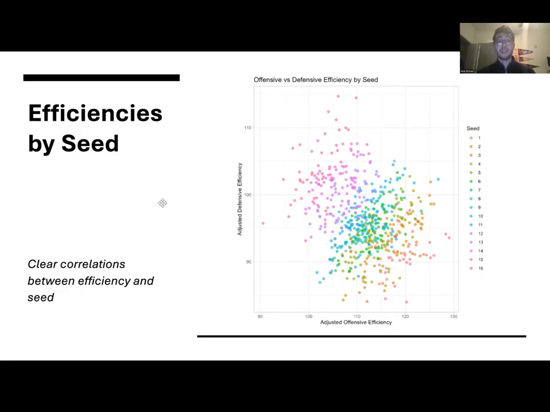So I would say that this definitely proves the need for the analysis in this area, as it looks like teams with the higher offensive efficiencies and lower defensive efficiencies do get the higher seeds. So this really shows that the committee, whether directly or indirectly, are taking factors like this into account, and they are looking at these analytical models to help them in their seeding.